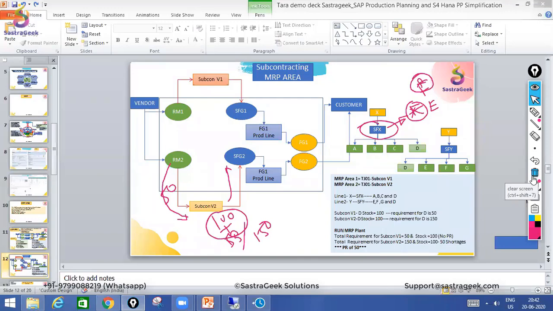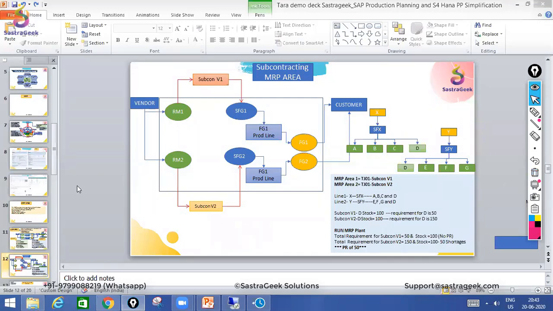Okay, coming to your question now. We are moving to the next slide. In ECC, we have a facility in MD03 where we can run MRP at the MRP area level. Now in SAP S/4HANA, we don't have that facility. So if you have created an MRP area and already extended the material to that MRP area, you need not worry. That will automatically get considered.